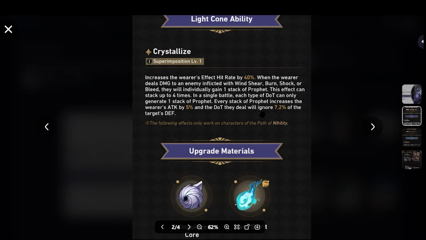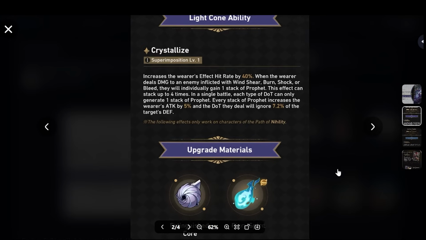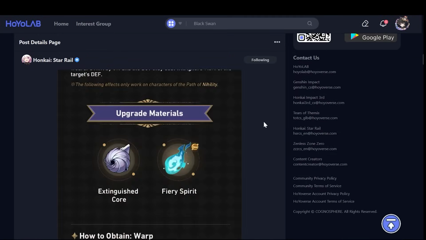And the DOT they deal will ignore 7.2% of the target's defense. This goes up, of course, to 28.8% if you get all 4 stacks. It's quite a massive defense ignore, if you ask me. Very, very strong on her. Of course, you can't use it for other Nihility characters like Welt and Pela because this is only specific for DOT. Now, before we go directly into the game engine, I want to talk about the other Lightcones,